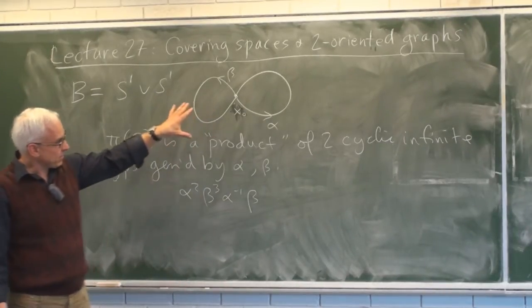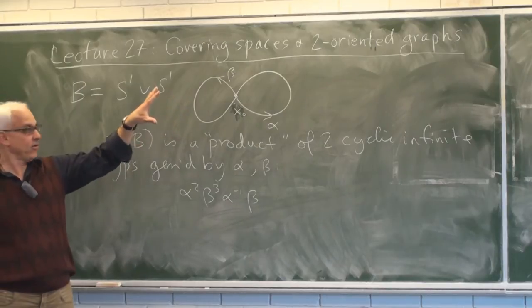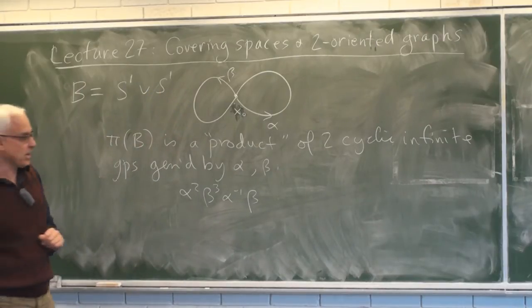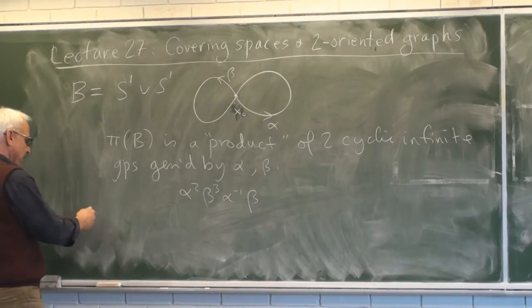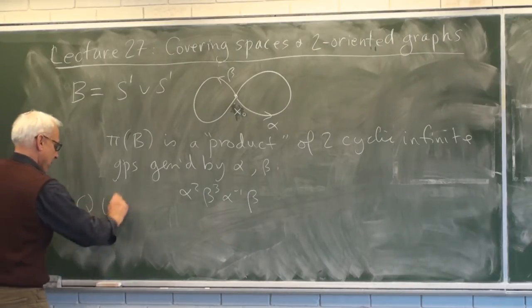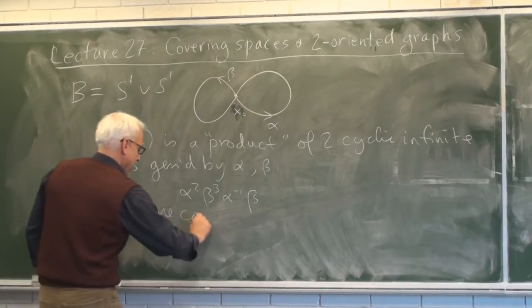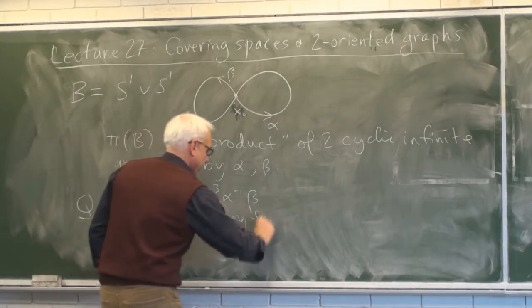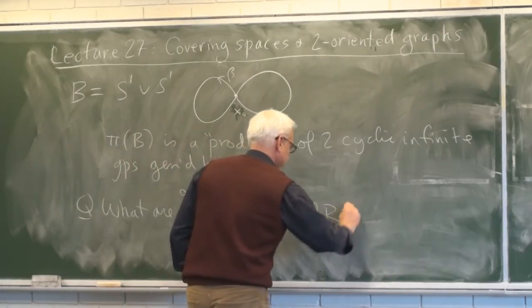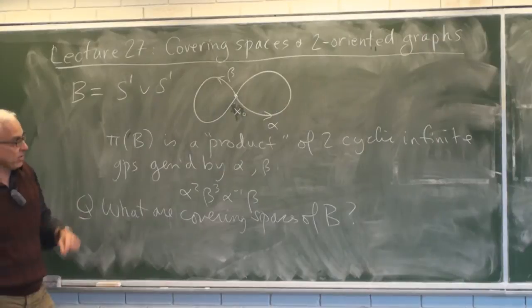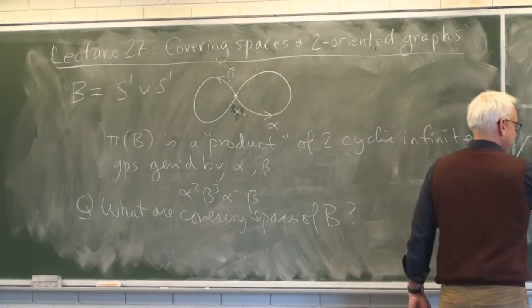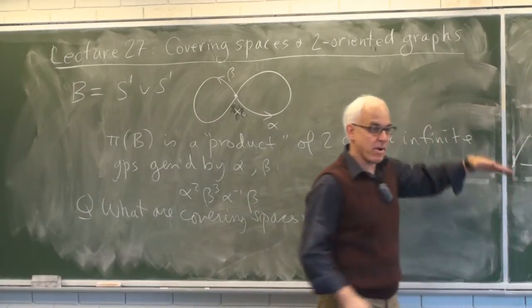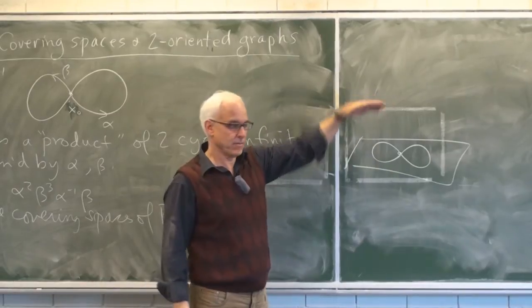And we're interested in covering spaces of this base space B. It turns out that covering spaces of this are rather rich and not so easy to understand, at least at first. So what are some examples of covering spaces? What are covering spaces of this space B? Well, one thing we could do is take the base space B, put it in a plane here, and think about putting something on top of it.